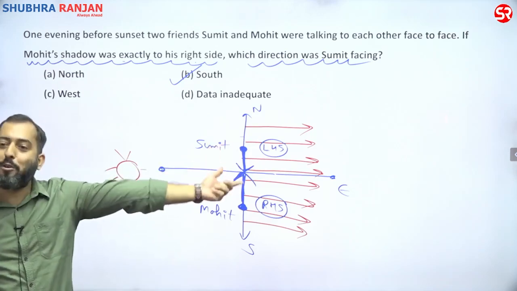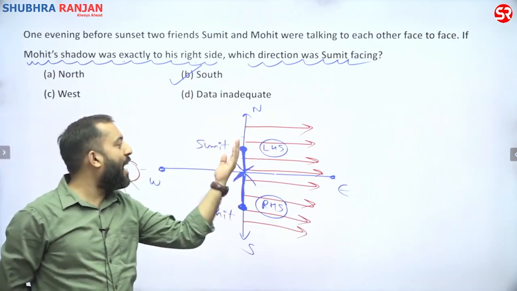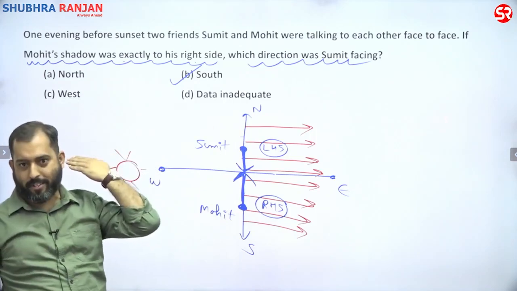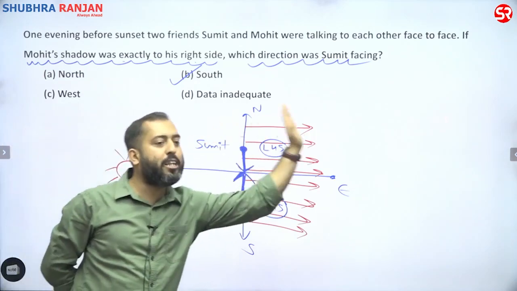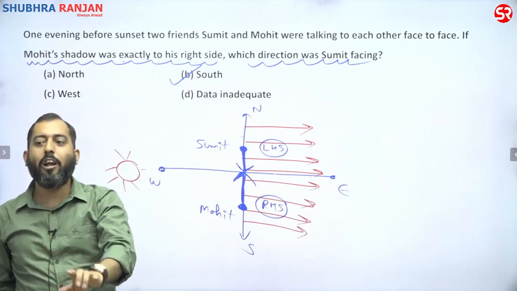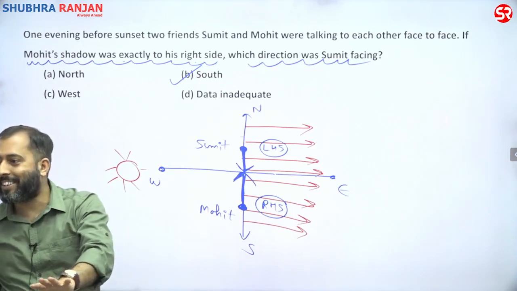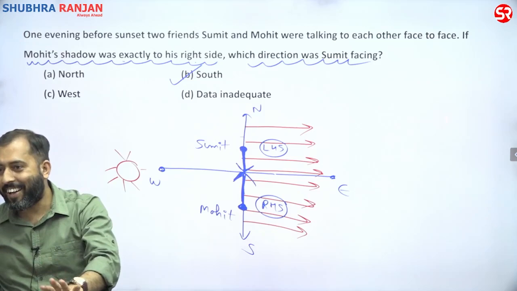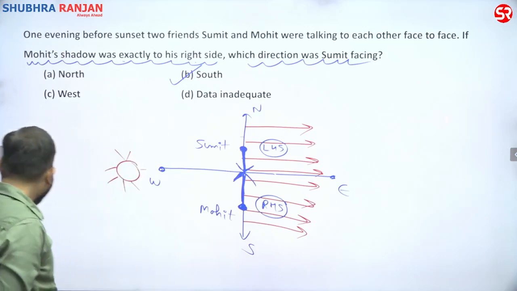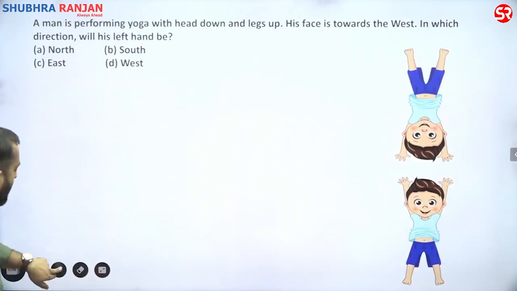The things are almost the same. But in the previous case, the shadow was falling towards the west, and in this case, the shadow is falling towards the east. Everything else is the same. The falling of the shadow is the only difference. Am I clear, guys? Done? Okay, let me see. Tell me the answer now.